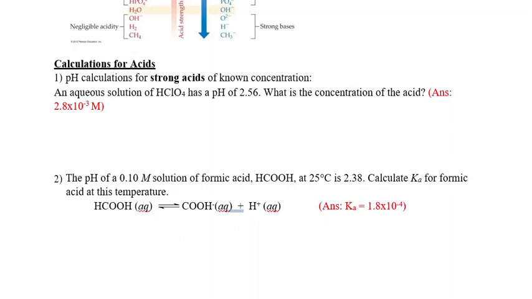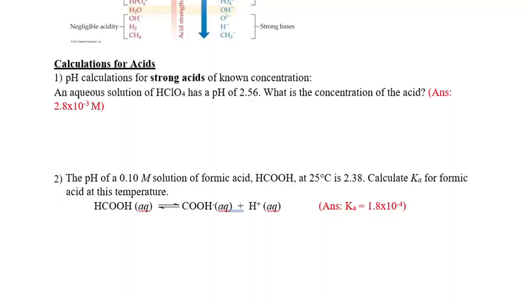And finally, we get to do a little bit of math. We can calculate the pH for strong acids of a known concentration. Because it's a strong acid, we know that if we know the molarity of the acid, then we will know the molarity of the hydronium ion in solution. Because it's a strong acid, it completely ionizes in solution. So in the first one, if you have a pH of 2.56, we calculate the concentration of the hydronium ions in solution,